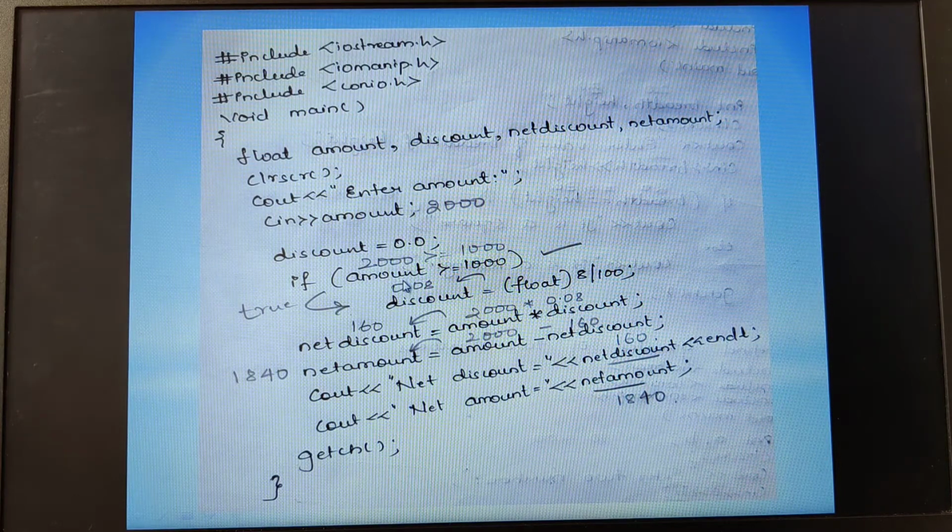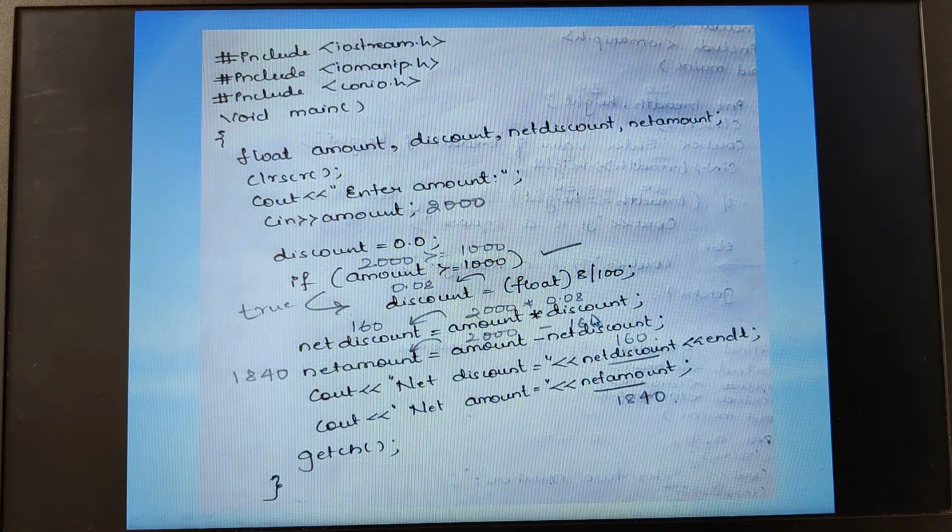Suppose what if I have written here 800. Let me take the amount to be 800. Is 800 greater than or equal to 1000? False. The condition is false. Therefore control will never execute this part of the statement, because this will be executed only if the condition is satisfied. Since my condition is not satisfying, it will never calculate the discounted amount. In fact, the control comes to this point, that is, amount into discount. Amount would be what? Here I told 800. 800 into 0.0.